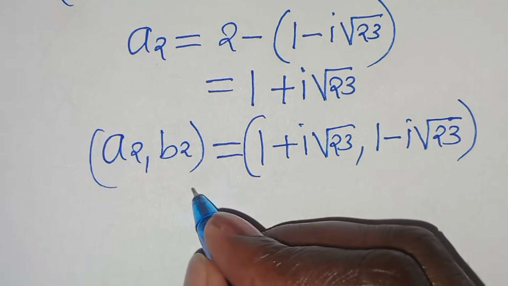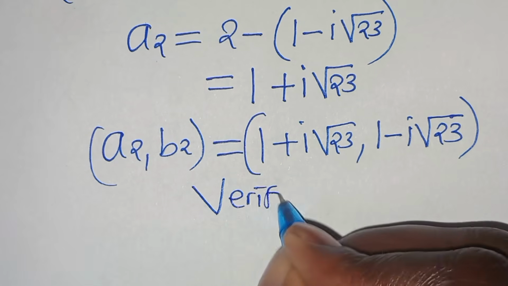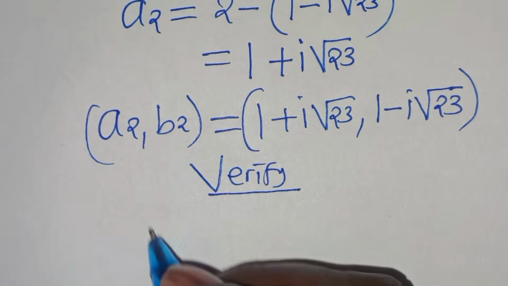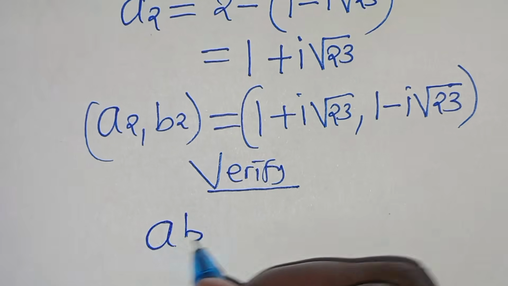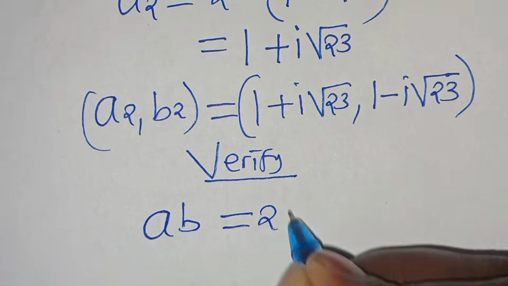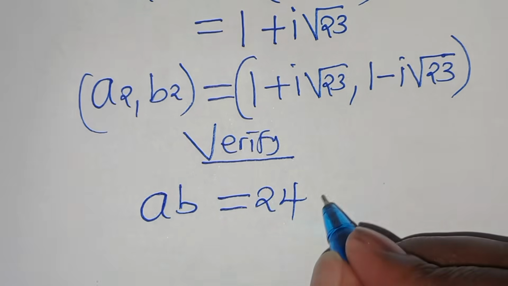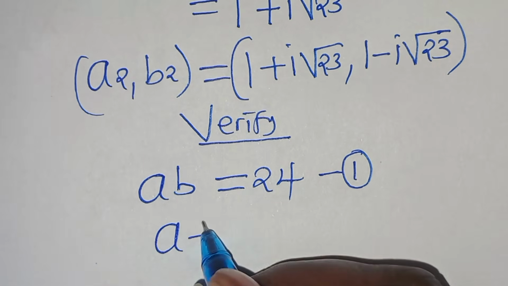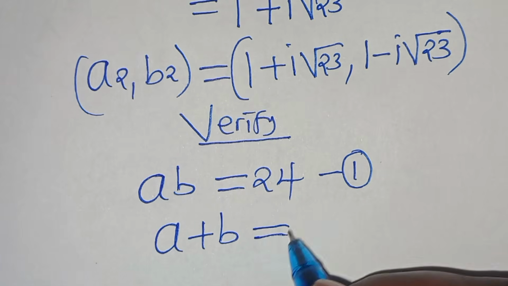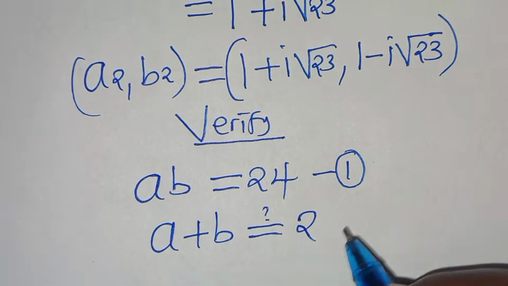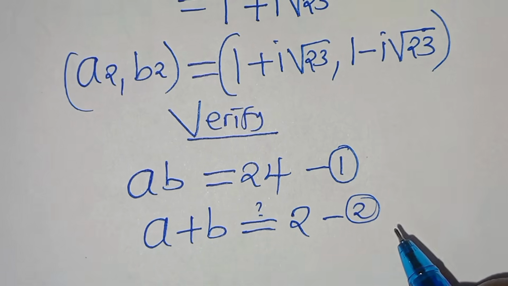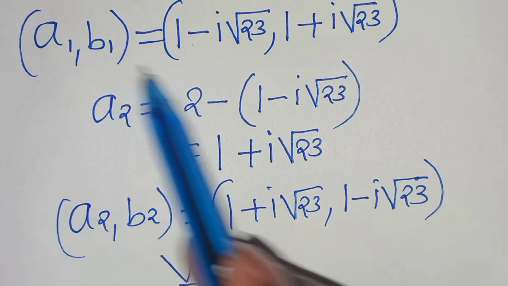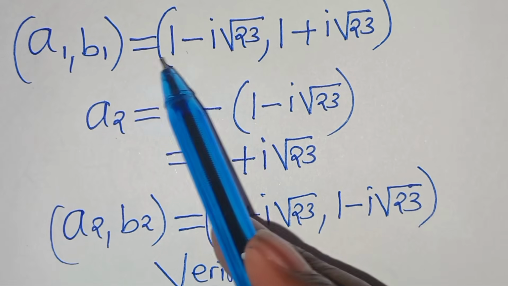So we have two sets of solution here, a1 b1 and a2 b2. So let's verify that these two sets of solution here satisfy the equation. So we have that a times b is supposed to give us a value of 24. This is equation 1. And we have equation 2, which is a plus b. This is supposed to give us a value of 2. This is equation 2. Now, from the first set of solution here, a1, b1, let's verify this set of solution